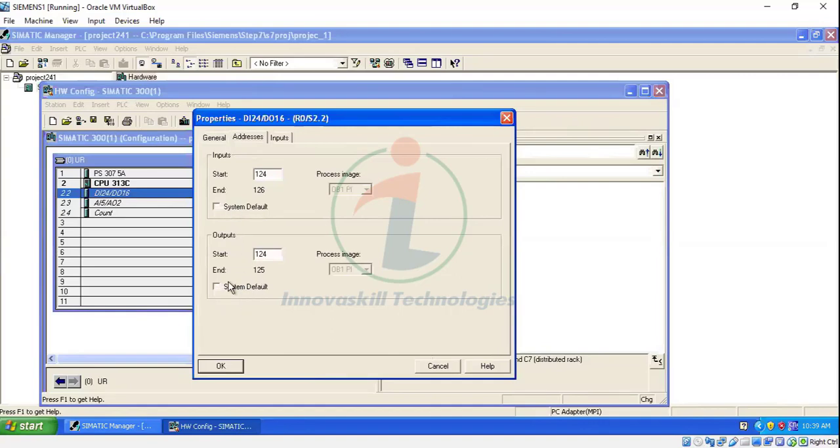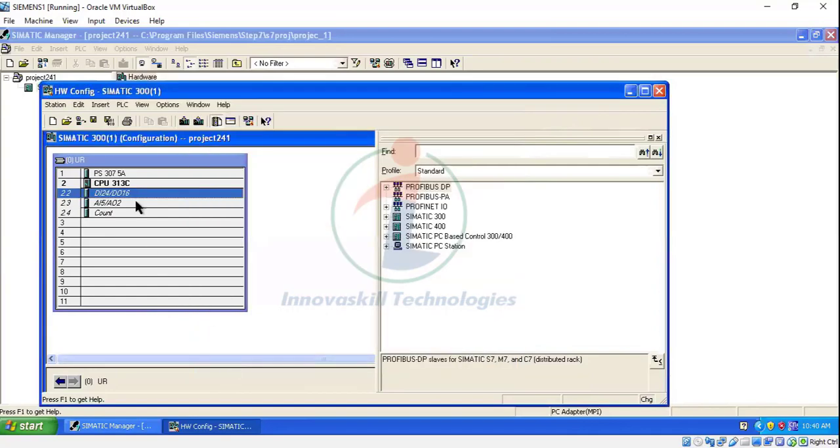We have to disable system default and we have to give the start address as 0 for both input as well as output. See, if you give 0, automatically it is taking the end address as 2. So it is taking 3 channels for digital input. Channel number 0, 1 and 2. Next for output, it is automatically taking channel number 0 as well as 1. So we have to give just the start address, automatically it will take the end address. After giving that, just give OK.